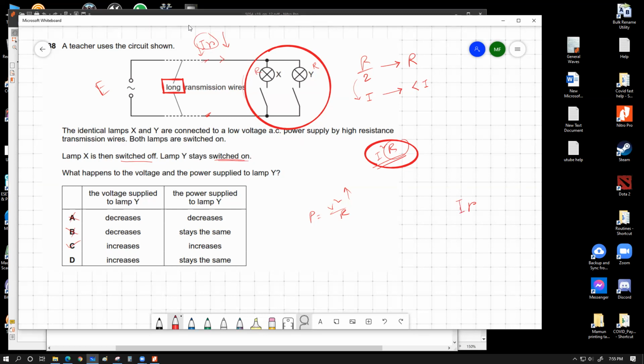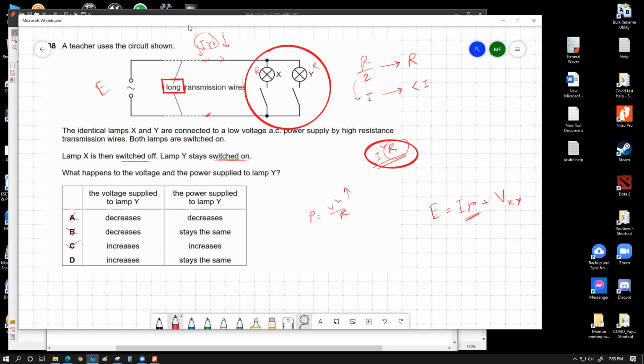So if I write the total equation, some amount of voltage would be dropped across the long transmission wires, and the remaining part will be available across the bulbs, which can be either both of the bulbs X and Y, or only X, whatever. Whatever is wasted here, the remaining is available here. একটু বুঝছো কিনা আগে দেখো। জি স্যার।